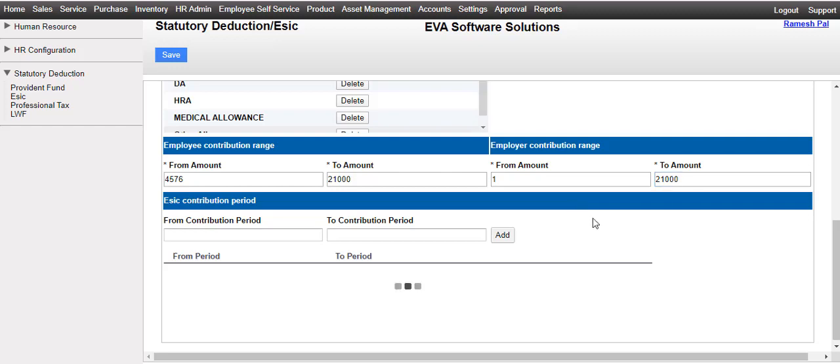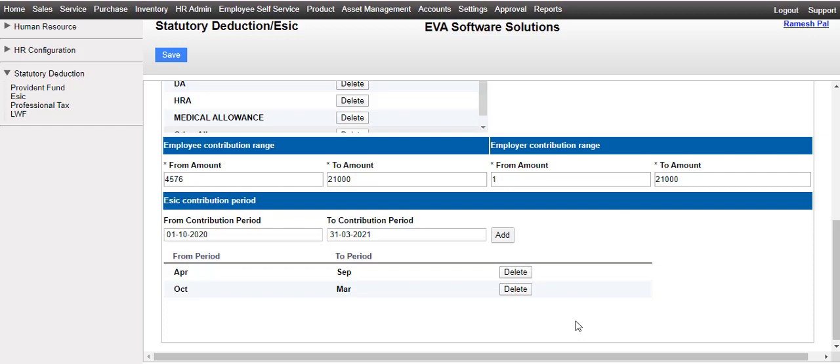Now we will talk about ESIC contribution period section. For ESIC there are two 6-month contribution period. The first one is April to September, and the second contribution period is October to March.